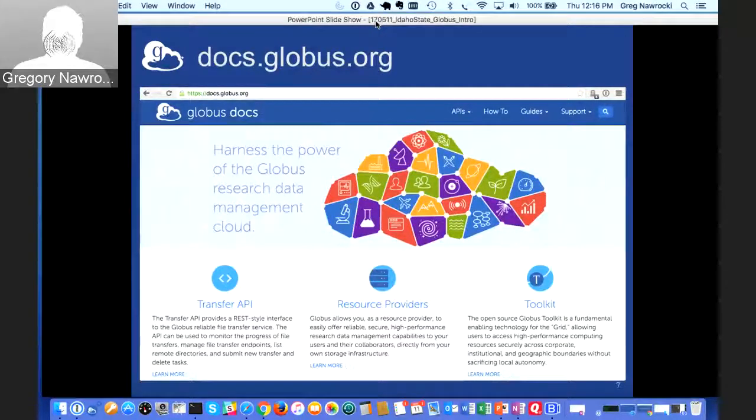One thing to keep in mind here as we go through is our docs page. We've got really good docs on just about everything we do. We've got how-tos, we've got guides. Everything we've got is really well documented. I credit our product manager for that. She's done just a fantastic job of making sure everything we do has documentation associated with it.